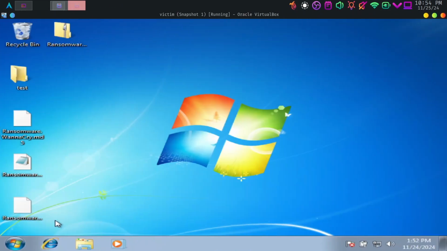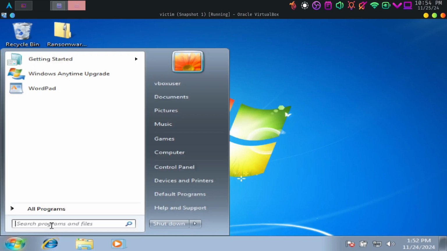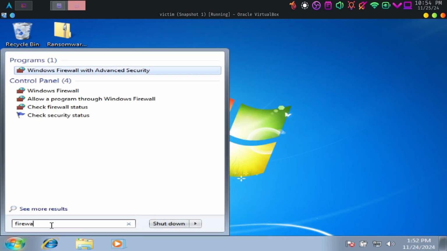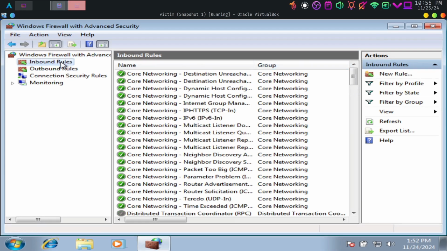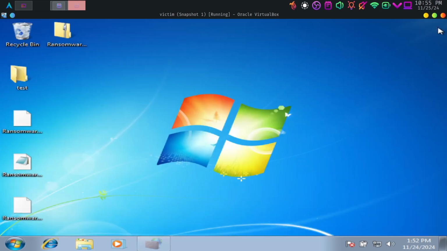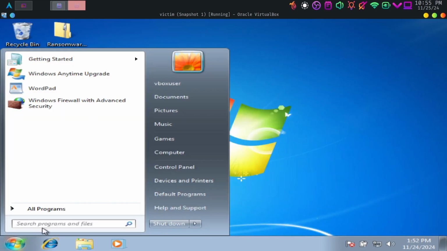We can add inbound or outbound rules, specifically targeting something like port 445, so that if there's any request incoming at port 445 from the outside, it should get blocked. But there's one more thing we can do here, which is to add a firewall. Right now the firewall is turned off. So if you turn it on,